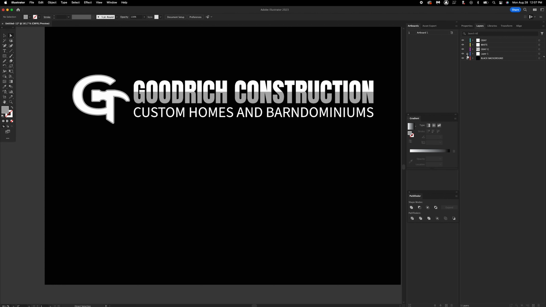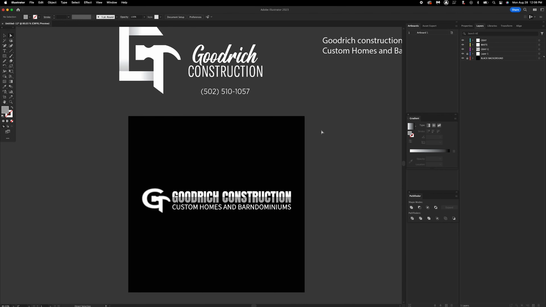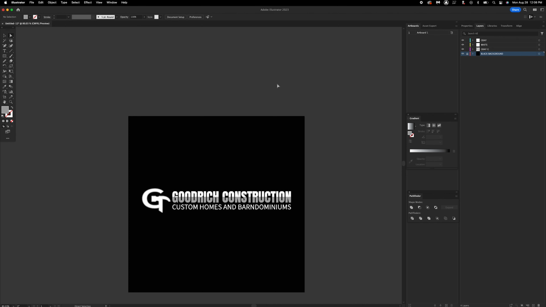I'm just going to name that black background. Now we don't need this layer with all the old information in it, so we're just going to delete that